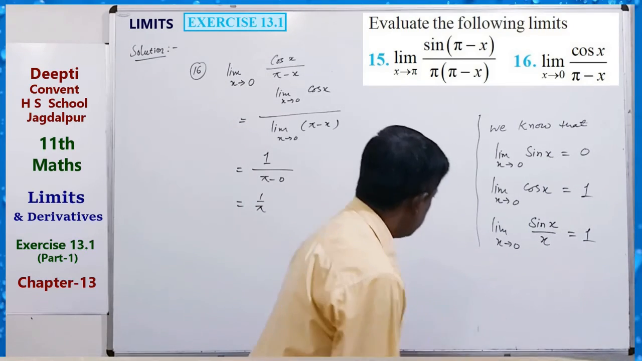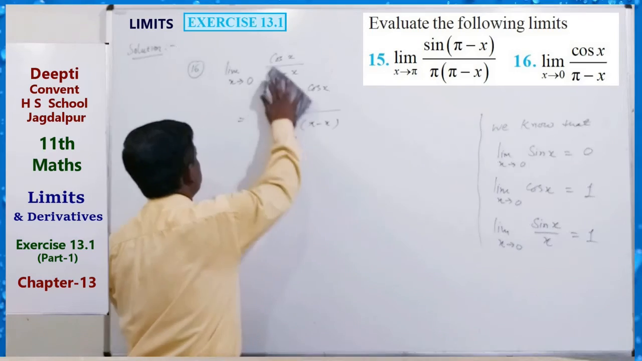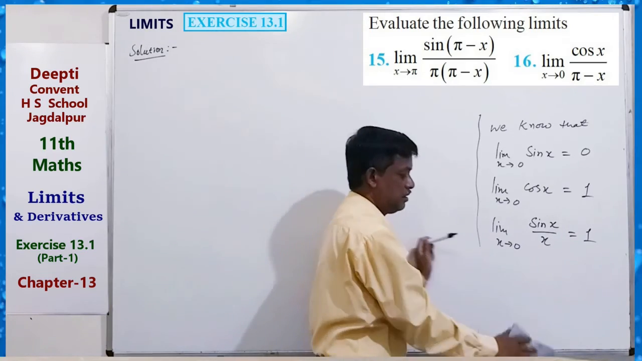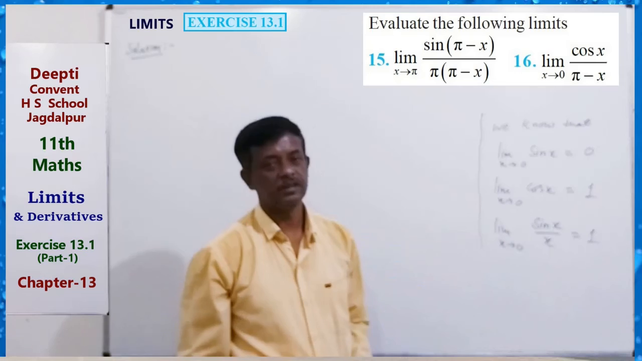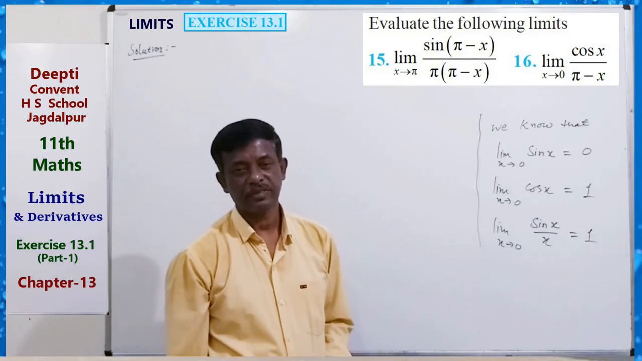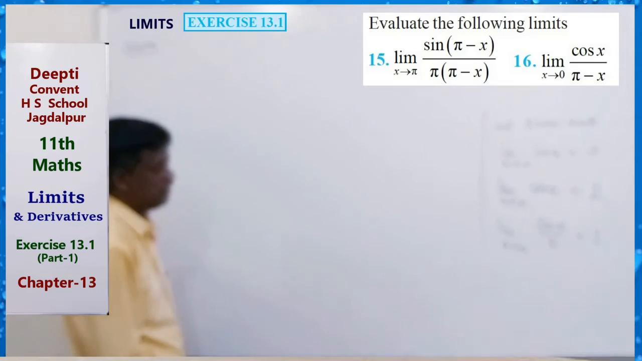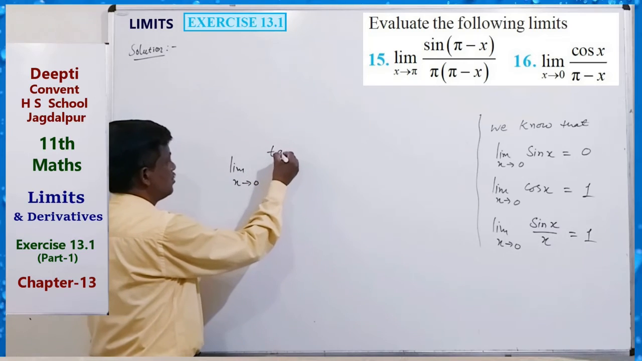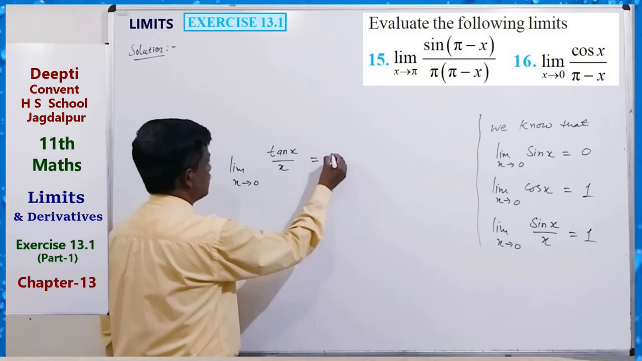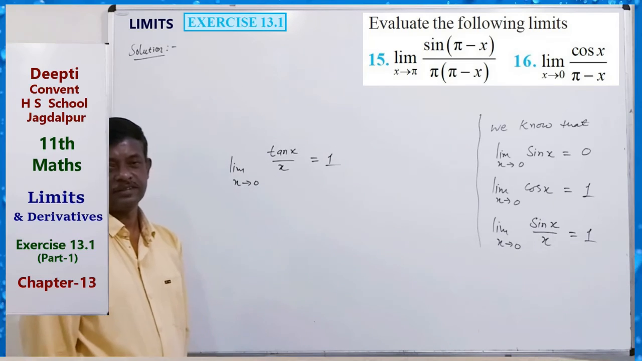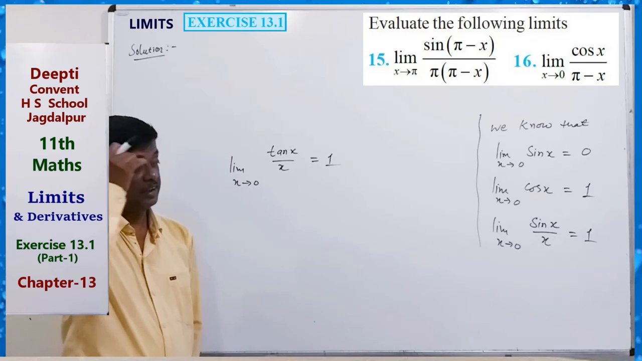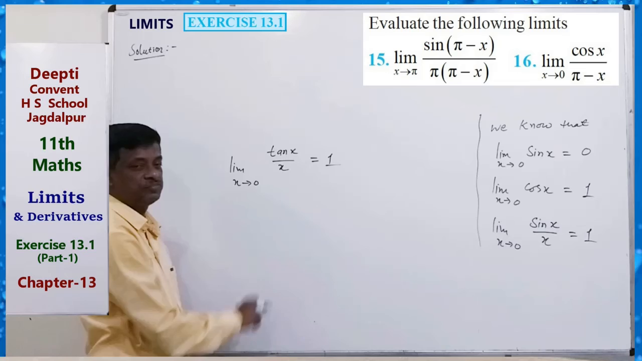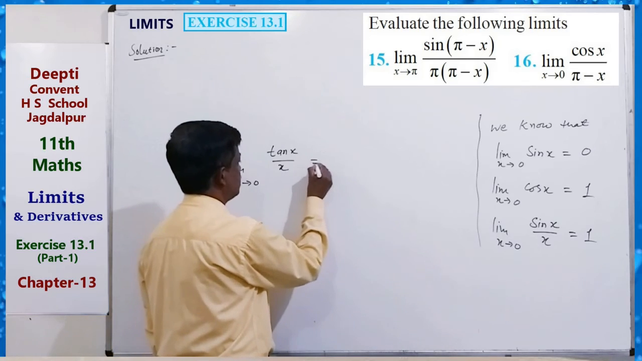Okay, so this type of method you can use to find the limit. This formula is very, very important. Also we can see that limit x tending to 0 of tan x by x is also equal to 1. How can we find it? Just like this: